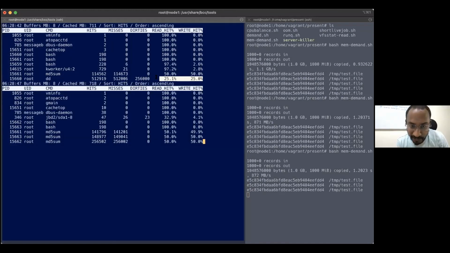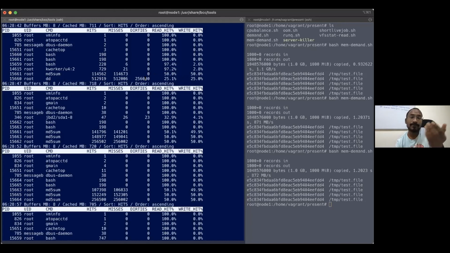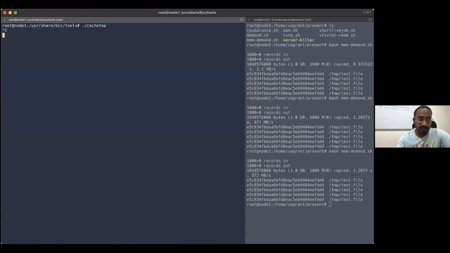This DD, you know that I'm using the DD command here. It's trying to read the data, but only 20% of the read is coming from the disk cache. So you can easily find whether your process, your service, is actually using the disk cache efficiently or not. So this tool helps narrow down your issue, fix your issue, and solve the problem with a higher level of observability. I'm closing this.